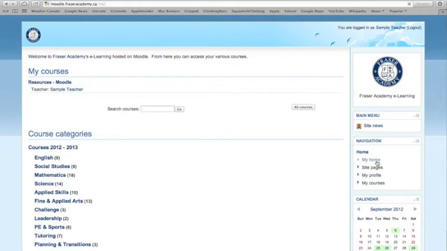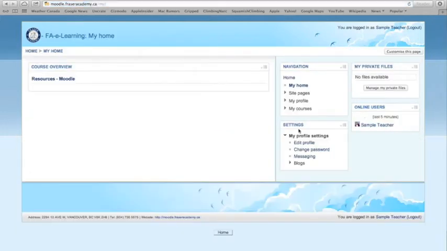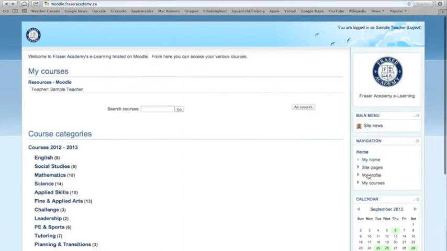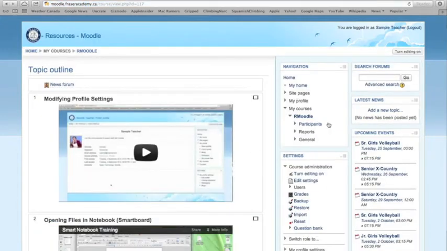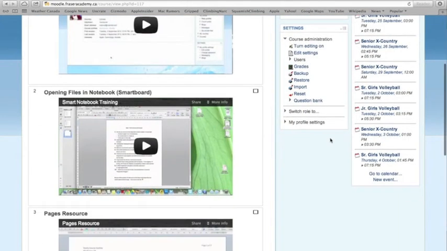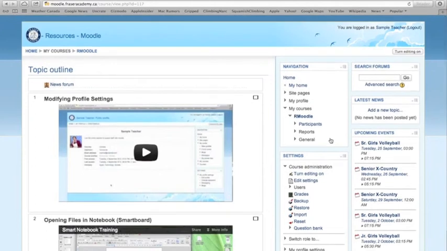If I click on my home, I can edit these blocks here. They don't have to look like this. If I go back, I can click on maybe my courses and open up my courses, and you probably are familiar with this screen. I can edit these blocks: search forums, latest news, upcoming events, settings, navigation. Those can all be changed, and I've found that their layout is not necessarily the best layout right off the bat. So I've changed almost all of my blocks on all of my pages,